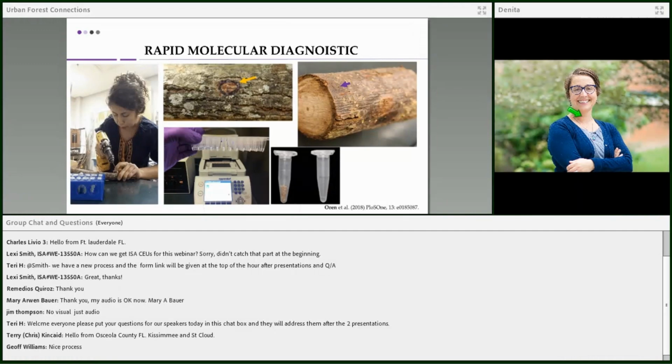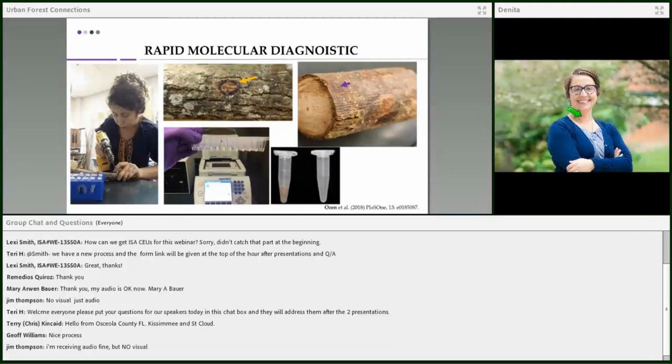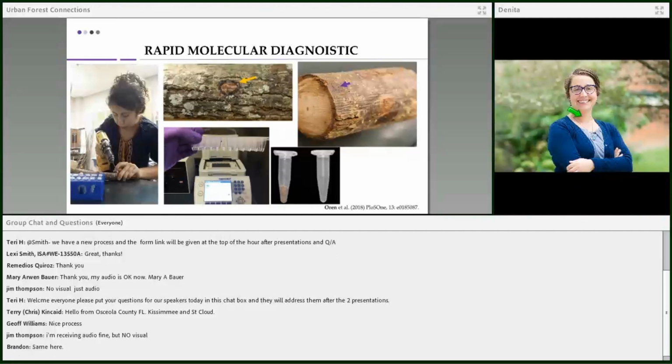So to mitigate that, we wanted to develop a rapid molecular detection protocol. This was the first step in that process. We wanted to do two things here, and we are always thinking simplicity, reliability, and reduction of cost. One is to peel the bark and expose the cankers and drill through this part of the wood and obtain what we call drill shavings, which is basically sawdust that we will eventually use to isolate DNA. The second part is to try to figure out